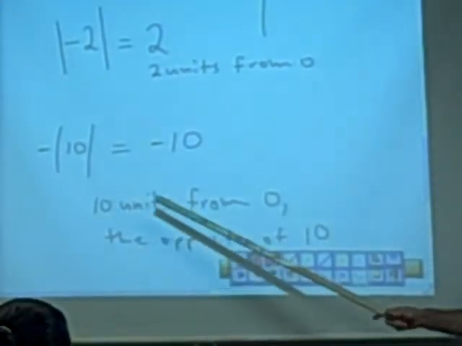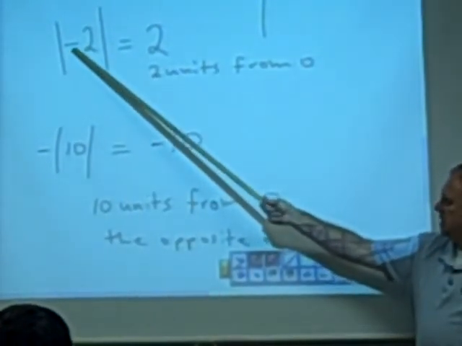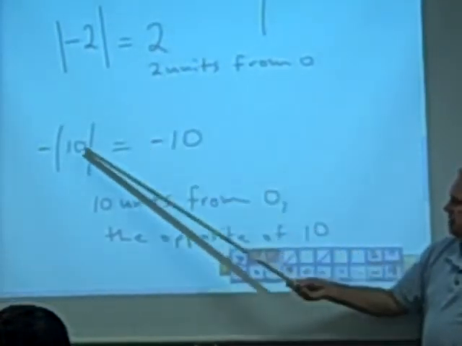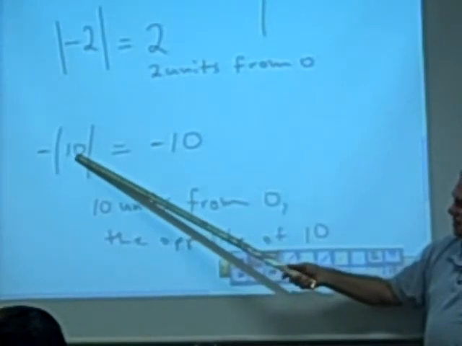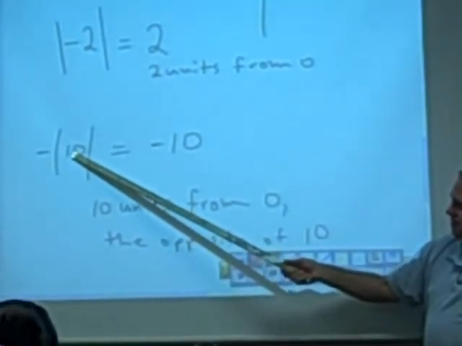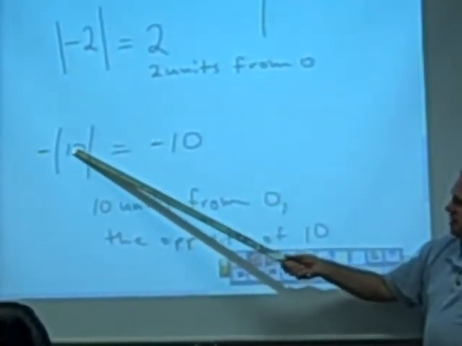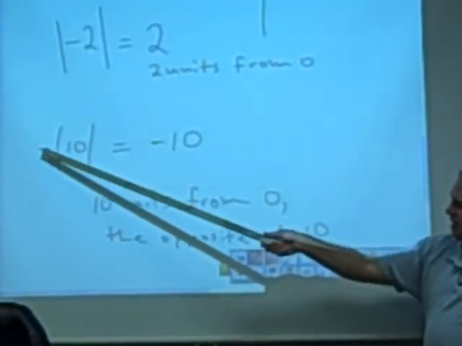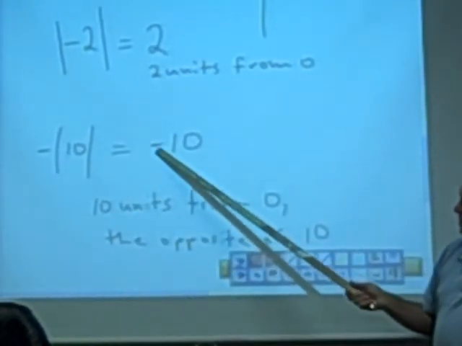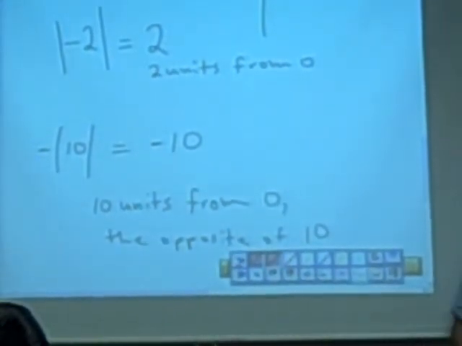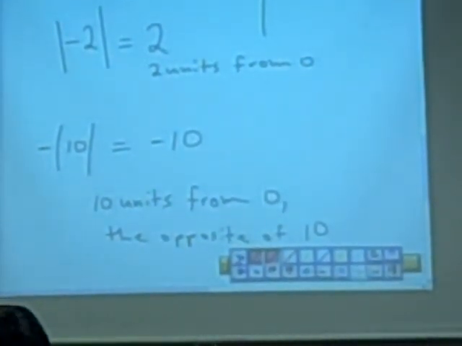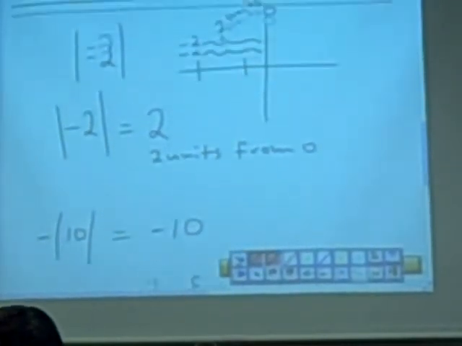So if the negative is inside the absolute value, we take the positive number of that. If it's 10 inside, if it's already positive, then it stays positive. But if there's a negative outside, then we place that negative in front of it. Okay? So here we have the absolute value